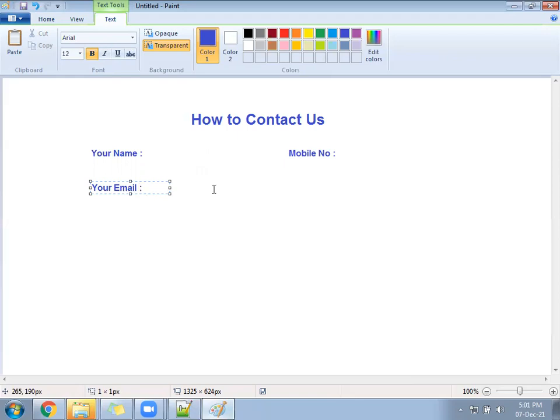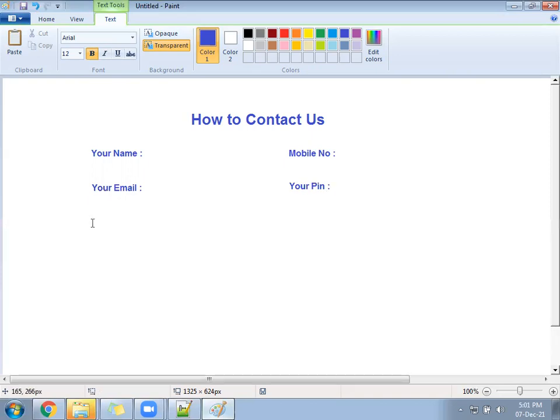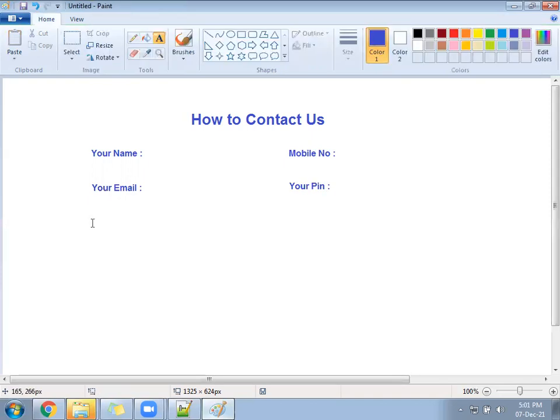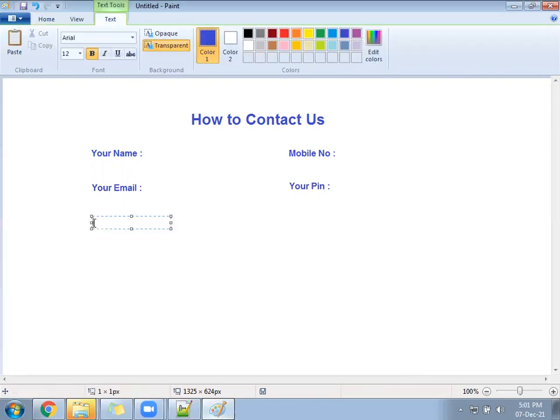It should not de-align the area. Pin code, your pin code. Then next should be a button. Your message.